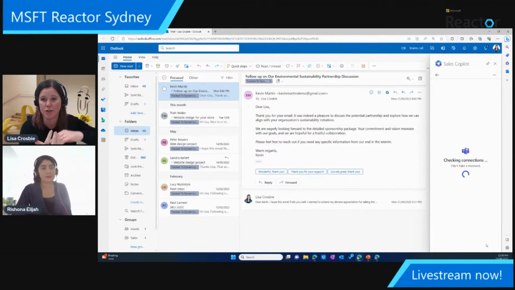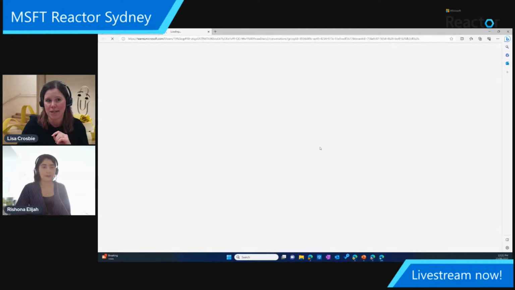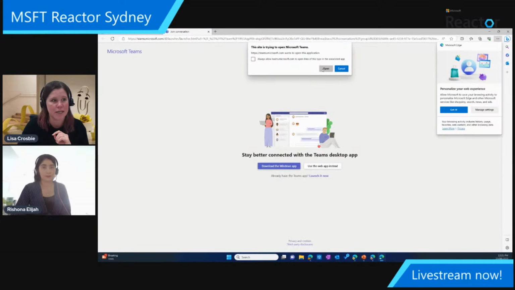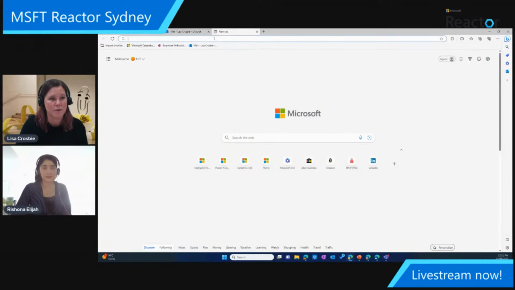So if you choose the opportunity one, it's going to set up a notes tab. It's going to pin that record inside Teams. It's going to add any people inside Teams. It's going to put a document folder structure and so on in there. We will open it in Teams. It usually takes a minute or so to be able to get into that. So we'll just wait for that to log in. We've got a Teams here.